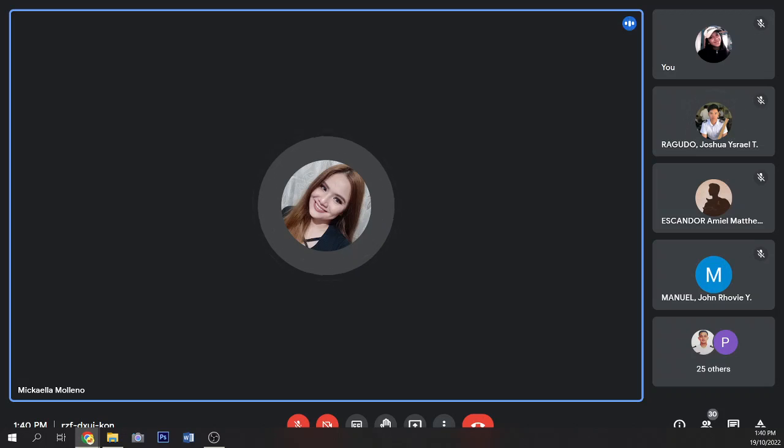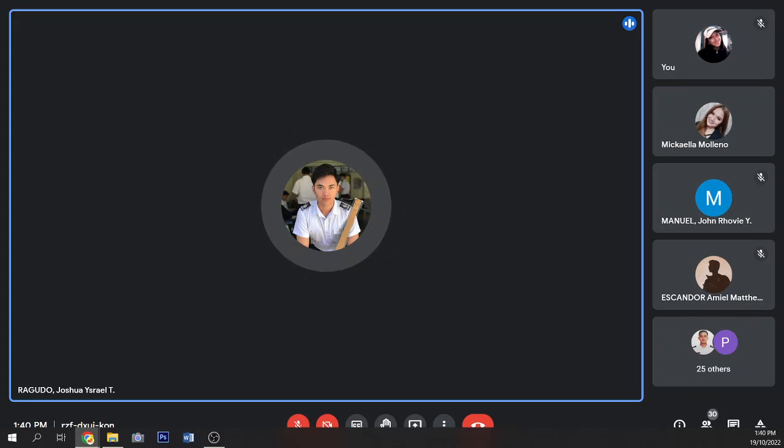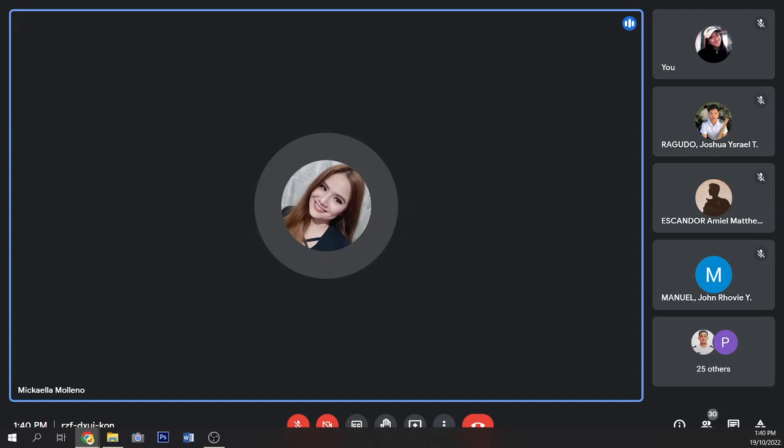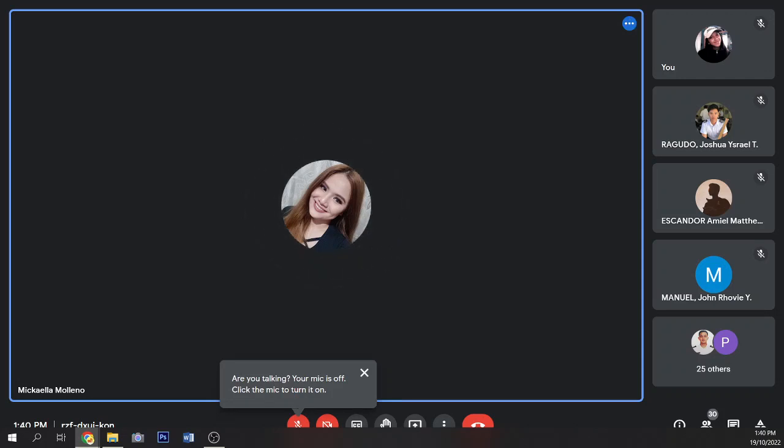Why? May issues ba sa license ng AutoCAD? Mag-i-install lang po ulit ako kasi wala na po yung AutoCAD sa laptop. Okay, okay. So, just make sure na lang din na each group meron. Inform ko kayo ahead of time kung yun yung gagamitin for that activity or kung gagamitin man natin kung saang part, okay? So, meron pa bang questions, concerns so far?